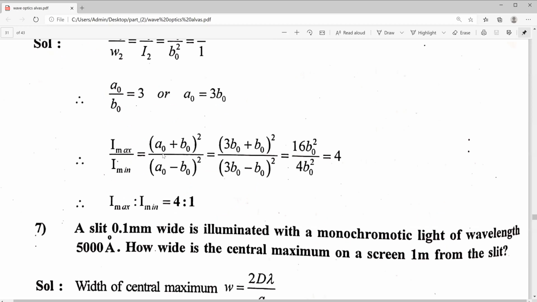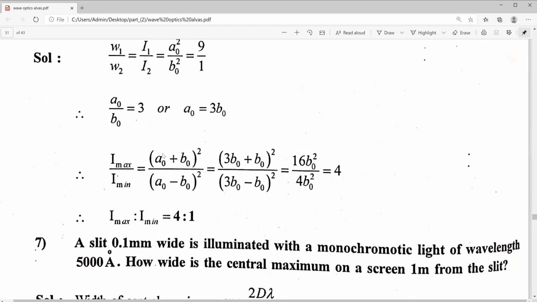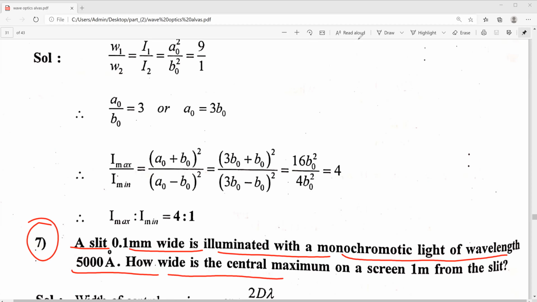What have they asked in the 7th one? They ask the question like this: a slit 0.1 millimeter wide is illuminated with monochromatic light of wavelength 5000 angstrom. How wide is the central maximum on the screen 1 meter from the slit? The width of the central maximum is given by the formula